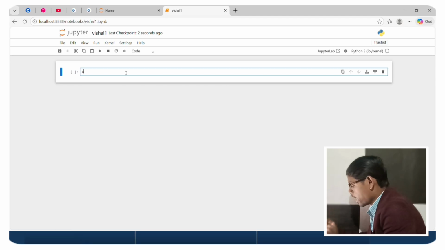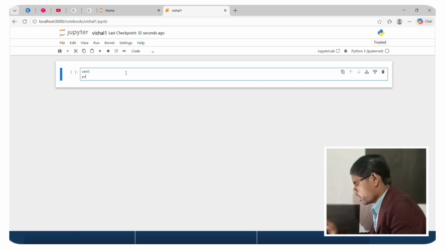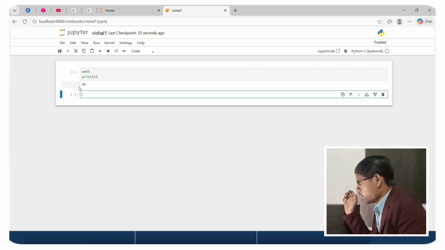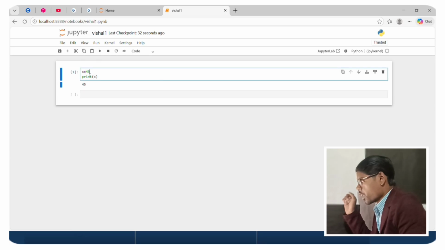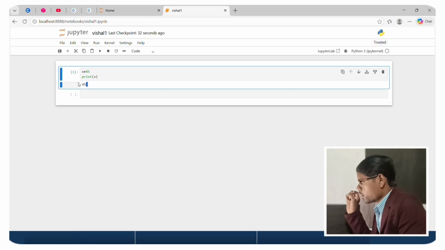X is a variable to store 45. Now print X and run it. This prints 45 because X is stored as 45. So the answer is 45.